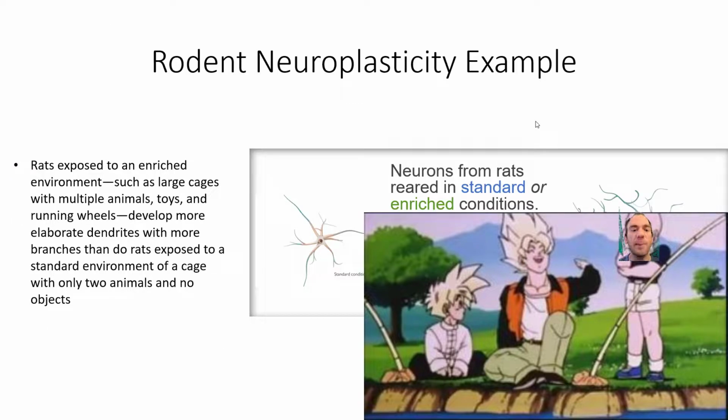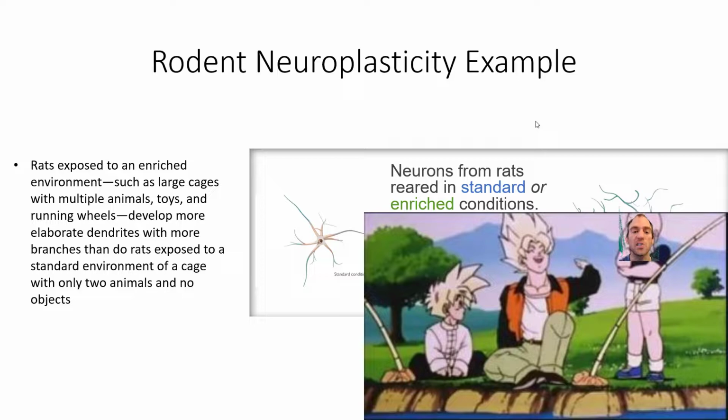I want to bring in a couple examples. One, rodent examples. Rats exposed to enriched environments such as large cages with multiple animals, toys, and running wheels develop more elaborate dendrites with more branches than do rats exposed to a standard environment of a cage with only 2 animals and no objects. So you can see on the left side and the right side the 2 different neurons, and you can see how many more branches, how many more dendrites the enriched condition